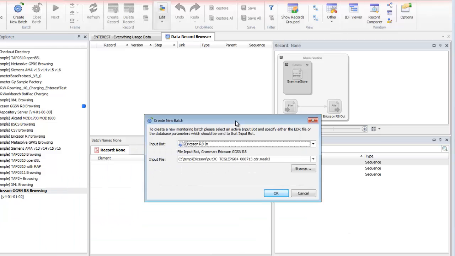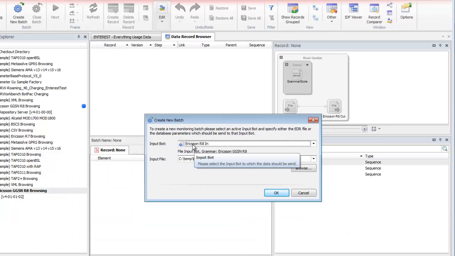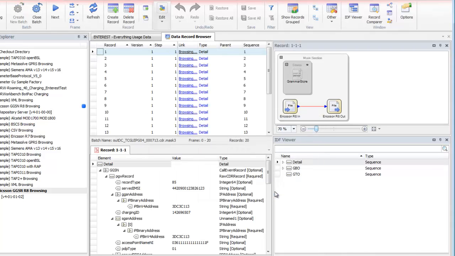So let's go back to the dialog which has opened up here, and which says, okay, so you want to work in interactive mode. Where do you want to stick data into? In our example, we only have one input, so it only presents us with one input here, the Ericsson R8 in, and it asks us which file we would like to feed into there. And I have one file already here. It's an R8 format, and all I have to do is then hit OK, and the data is sent to